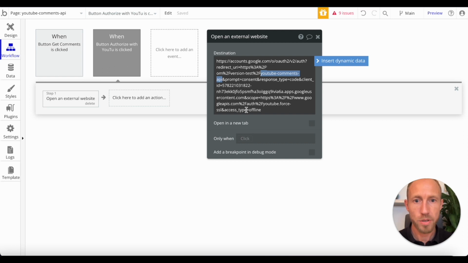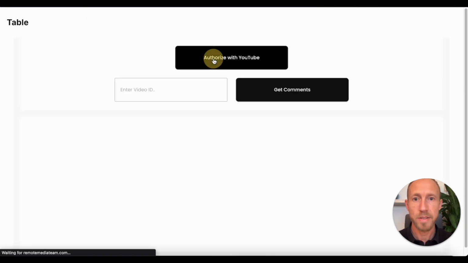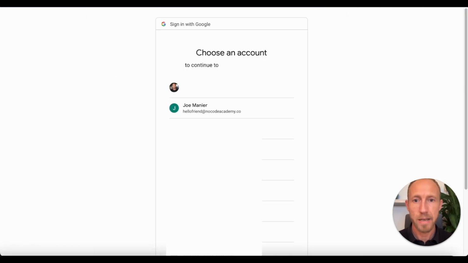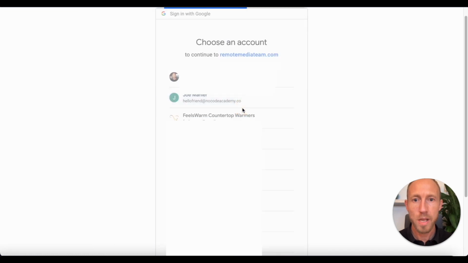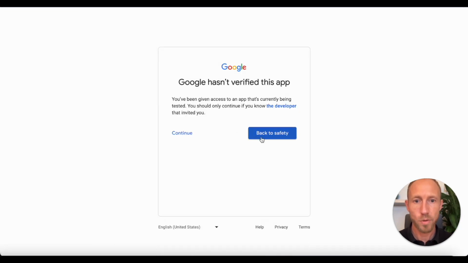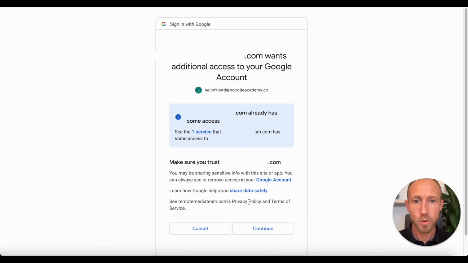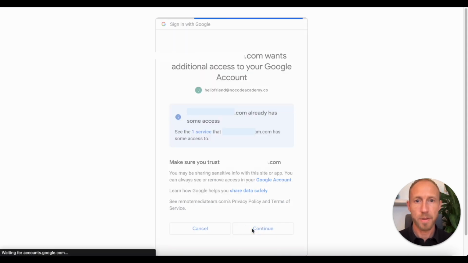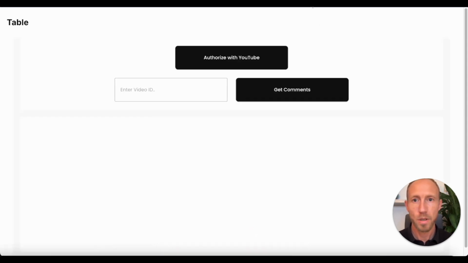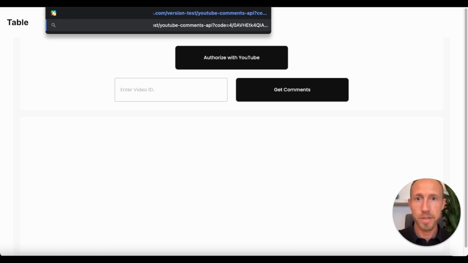You'll also want to make sure that everything follows this same URL structure. And then let's just go ahead and authorize that. So I'm going to authorize this for my channel so that I can pull some comments into this system. Okay, cool. So now that I'm authorized,